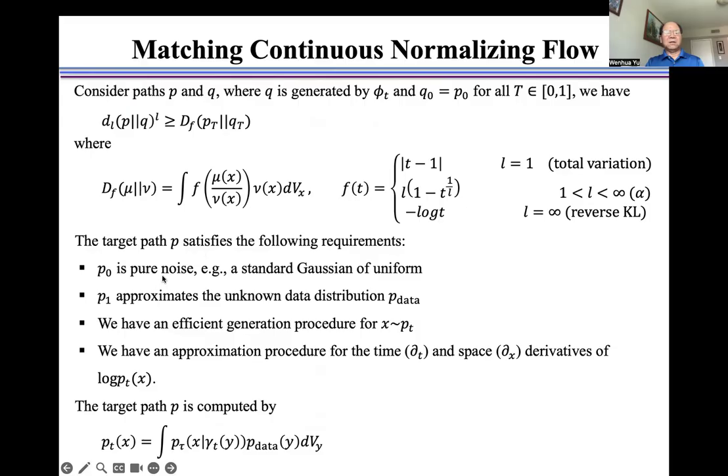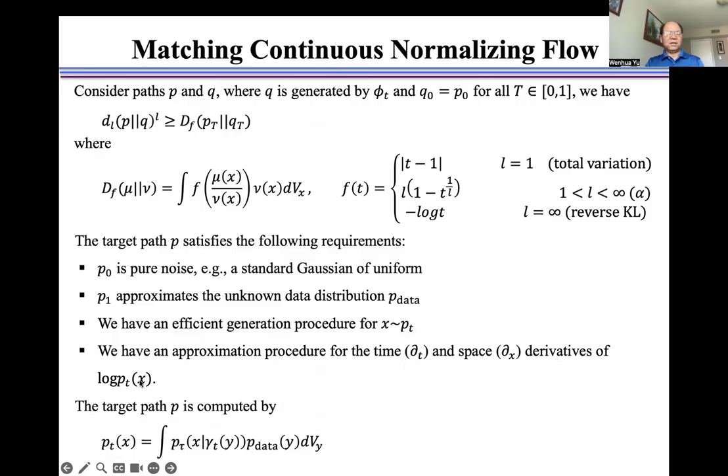P0 is pure noise, for example, standard Gaussian or uniform distribution. P1 approximates the unknown data distribution P data. We have an efficient generation procedure for x sampled from P_t. We have an approximation procedure for the time and space